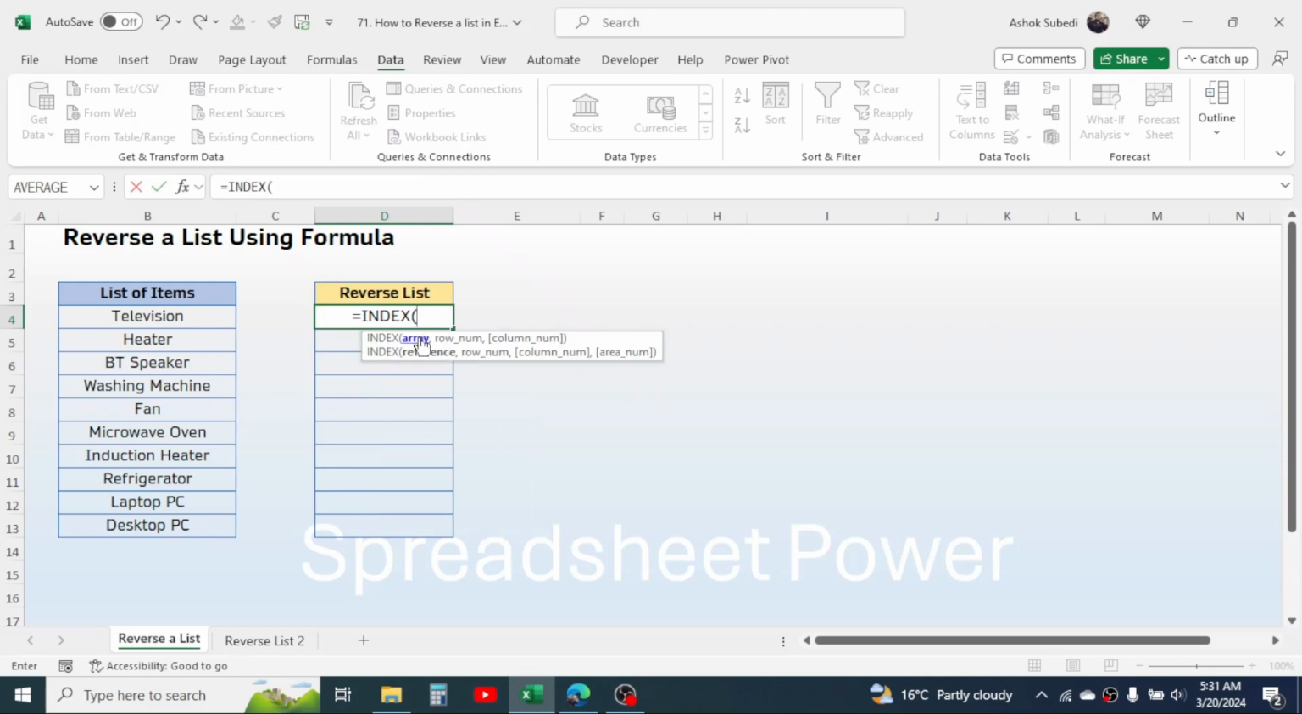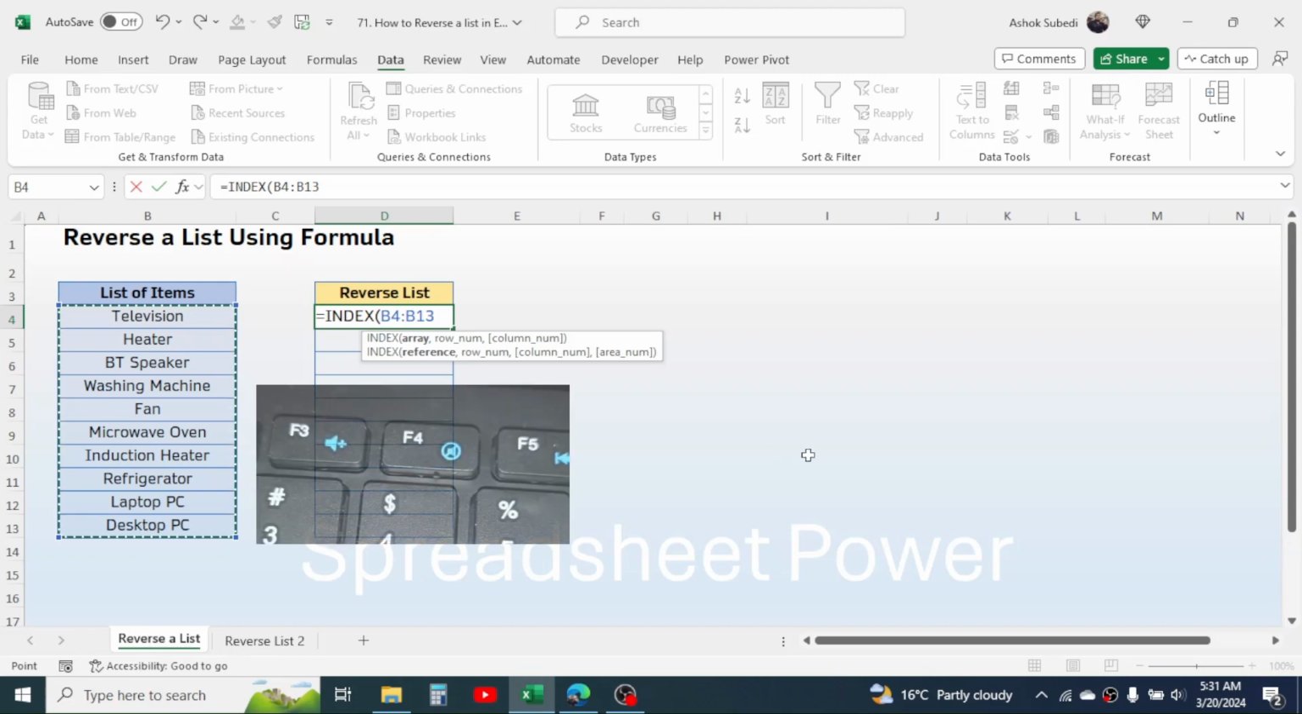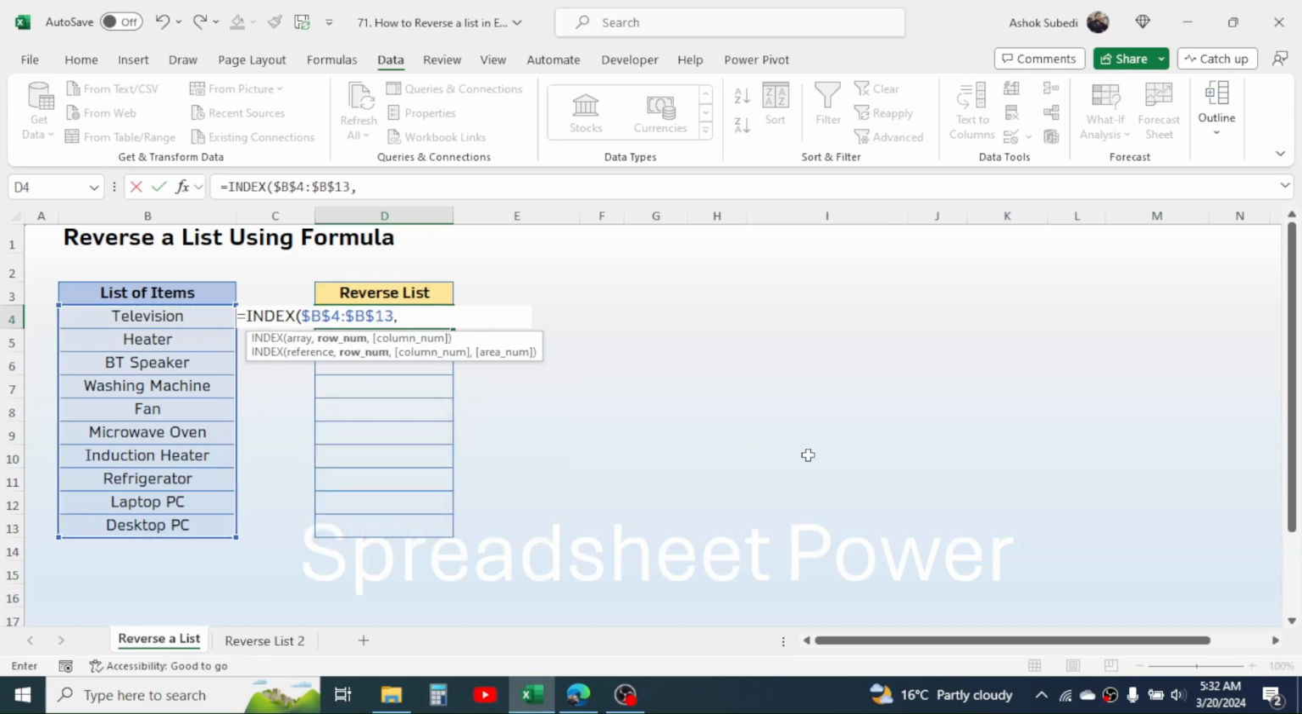In the array of the INDEX function, select the list of the items, then lock this range by pressing the F4 key on the keyboard, then give a comma. In the row number of the INDEX function, use the COUNTA function, COUNTA bracket open, then select this range again and close the bracket without locking the range, then close one more bracket for the INDEX function, press enter,